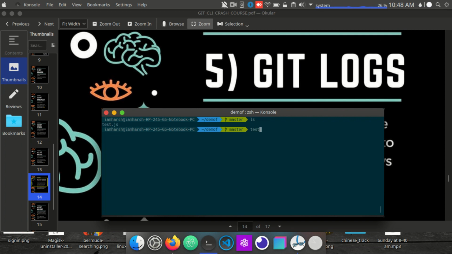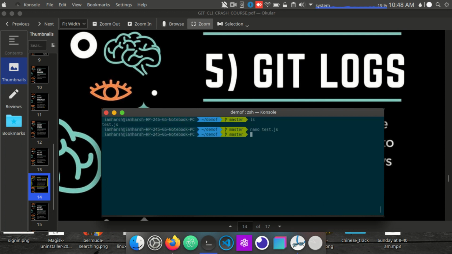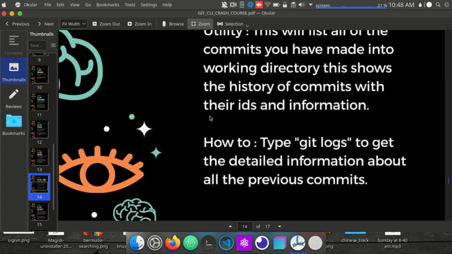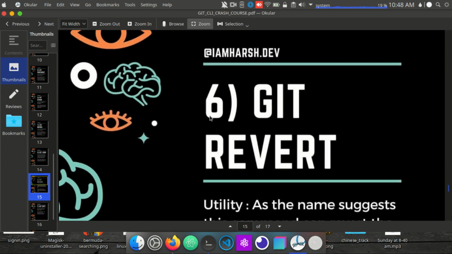Let me open the file test.js, and here you will see that our file is changed. It was like joke and some random letters, but now it is lol. It is back to the old state of the file. So this is how you can go back in the past. This is called time travel of git. So this is how you can time travel using git. I told you about git revert and git diff.